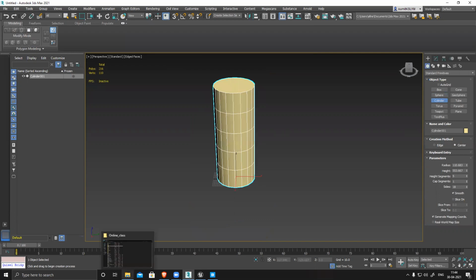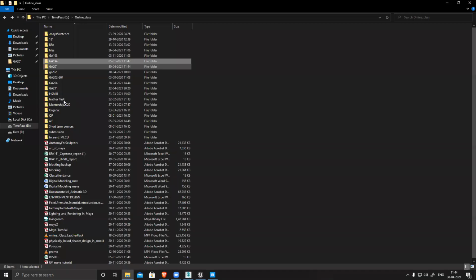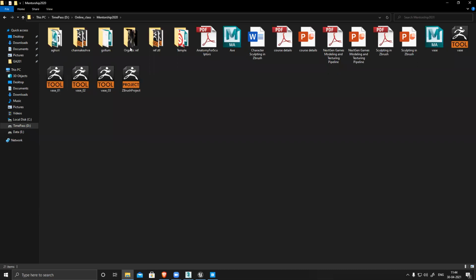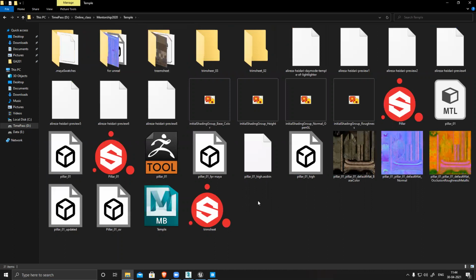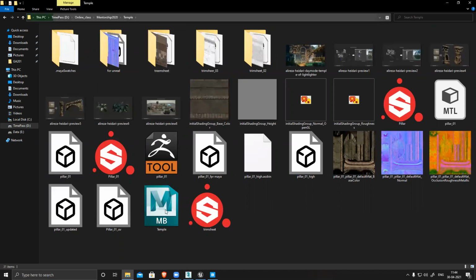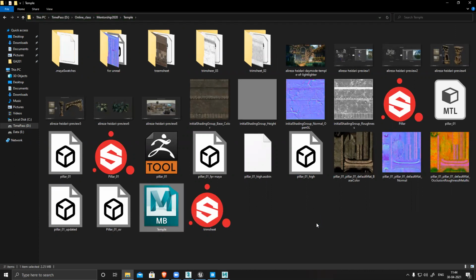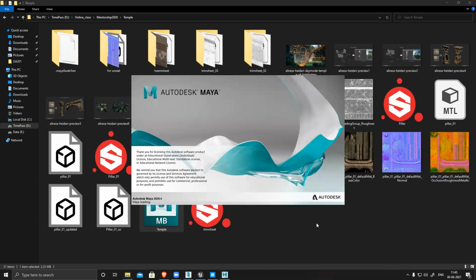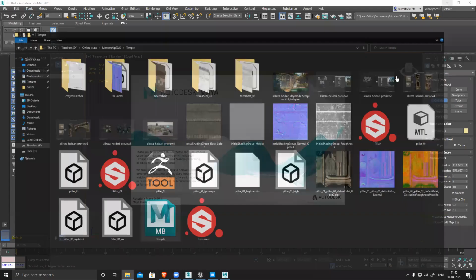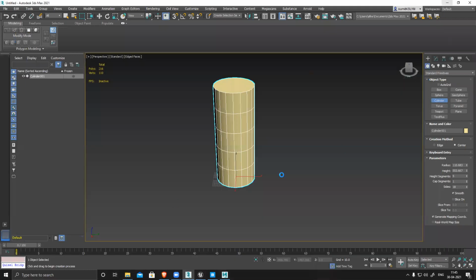Where is that file? I guess this one. There are so many files. I'm confused, where is my file?